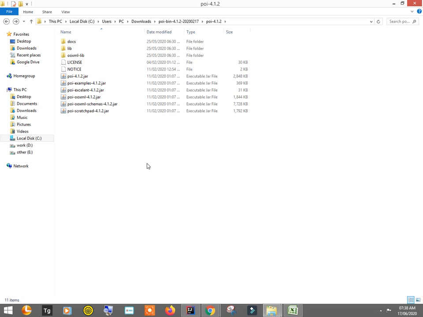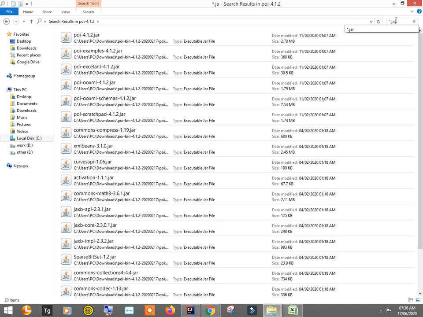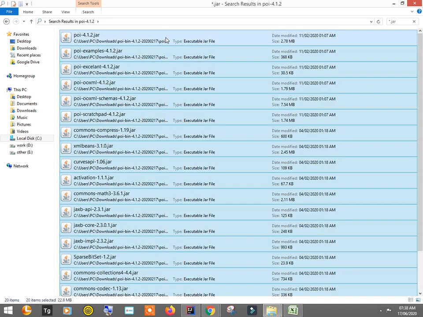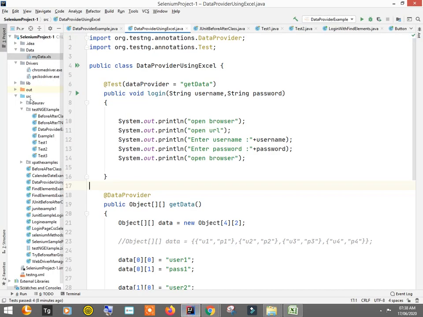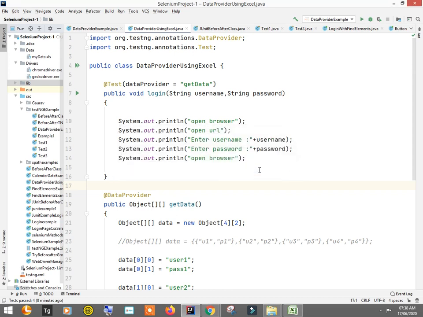And actually I'll give you one more shortcut tip. If you open this in your Explorer, in the search box, do you have the search box in your Mac to search the files? Yeah, I do. So here you type .jar, so that all the jars will be here. Instead of going into each and every folder, I'll copy this and paste it here in my lib. I might have already had some files here.